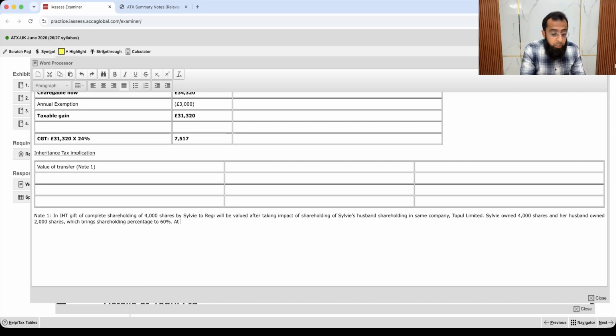At 60% shareholding, each share in Topul Limited is worth